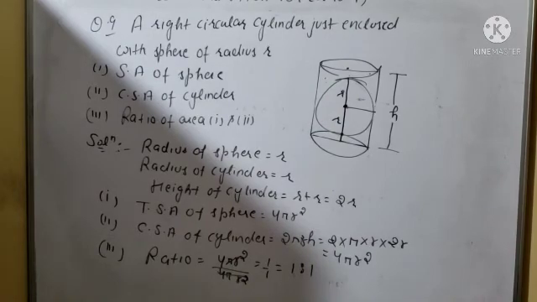Now in second part, curved surface area of cylinder. So curved surface area of cylinder will be 2 pi r h, and put the value. 2 will be as it is, pi will be as it is, r is r, and the h is given here 2r. So when you will multiply, so you will get here 4 pi r square. Clear? And in the next part, third, find the ratio of area 1 and 2. So surface area of 1 is 4 pi r square, and the surface area of 2 is 4 pi r square. So 4 pi r square upon 4 pi r square, so it will be 1/1. So what will be the ratio? So you can say simply it will be 1:1. Clear? So this was your last question. So with that you will complete your exercise also.